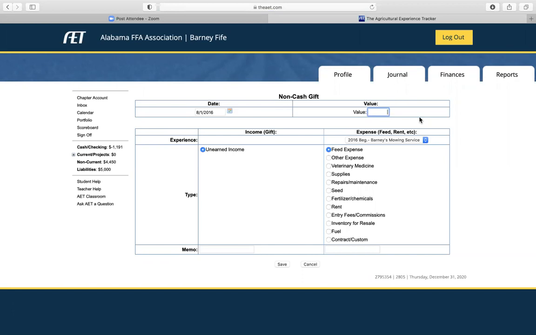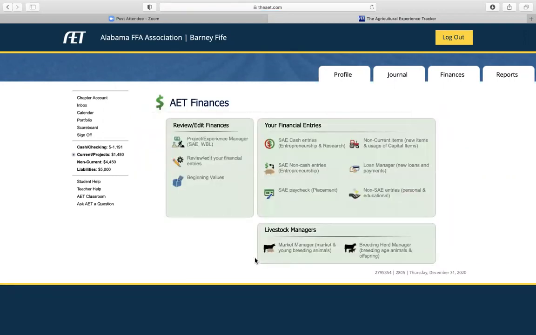let's say that somebody gave you a riding lawnmower. So you go down and you're going to have to do another expense. And the value on that riding lawnmower was $1,500. I hit save. And that's all there is to putting a gift in there. It's going to look like you bought it, and it's going to go on your